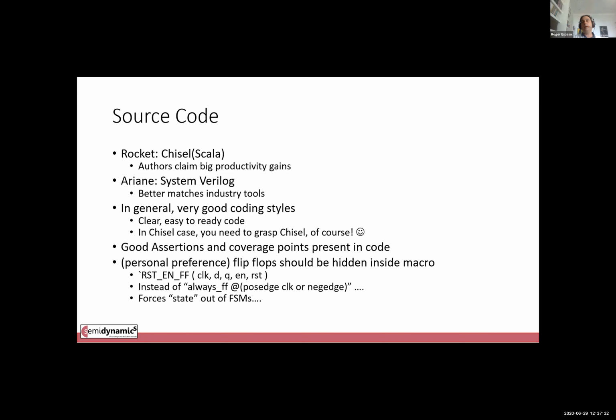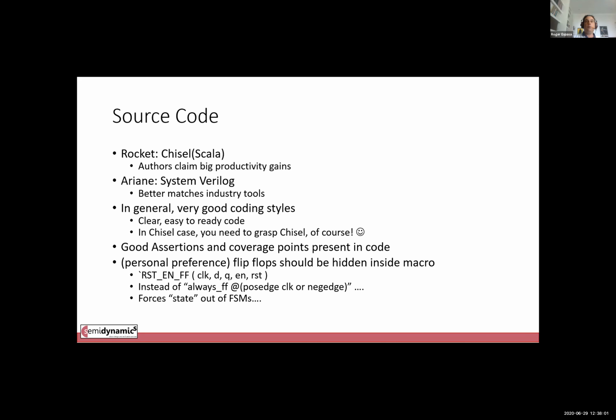You pick your syntax, uppercase, lowercase. Because that tends to force the state out of FSMs. Certain people are better at making sure that the flip-flops are always at the end of the file. That's fine. But if you have a mixed set of designers, young ones, senior ones, it may be good for your team to enforce this small religious choice.